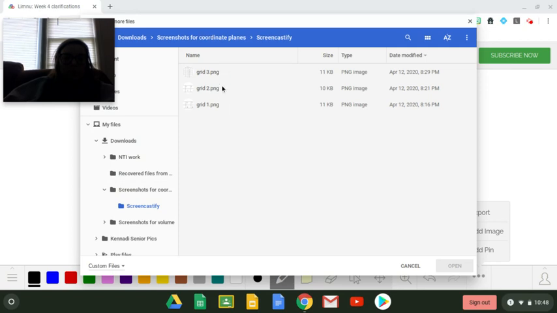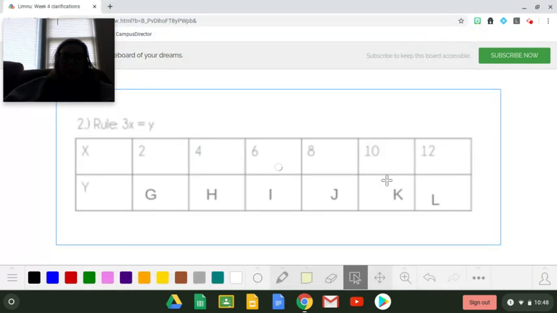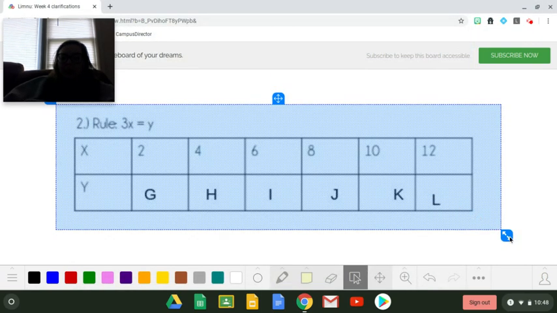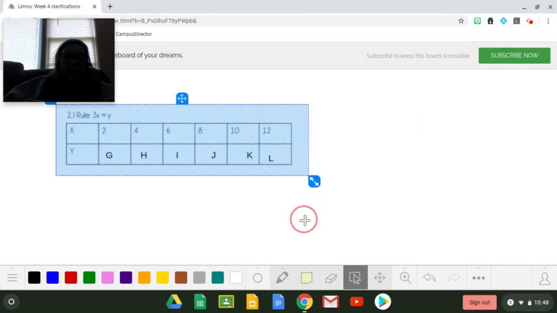I'm going to pull up... We're actually going to do two more, but I'm not going to do the whole grid for all of them. All right, so on this one,